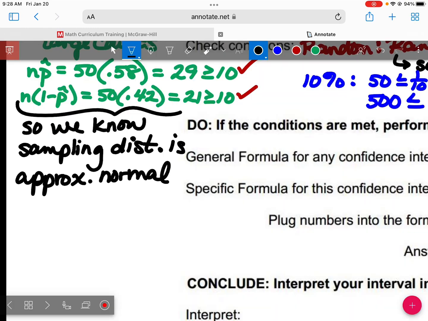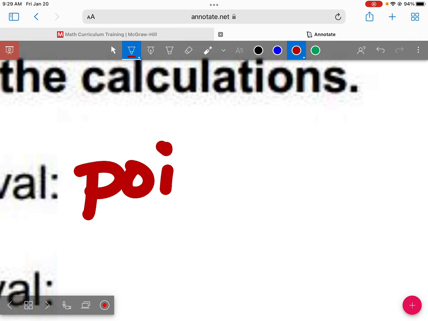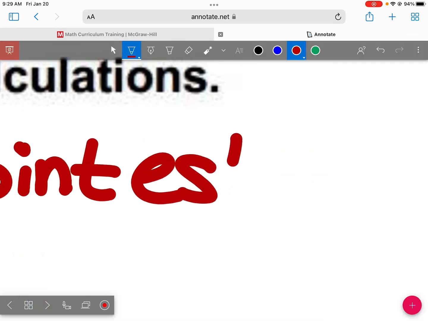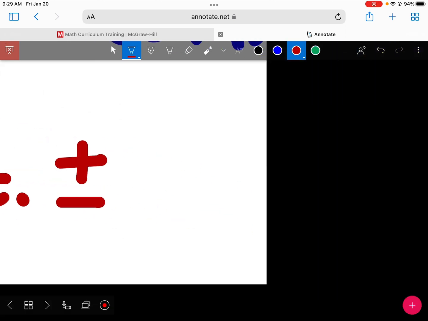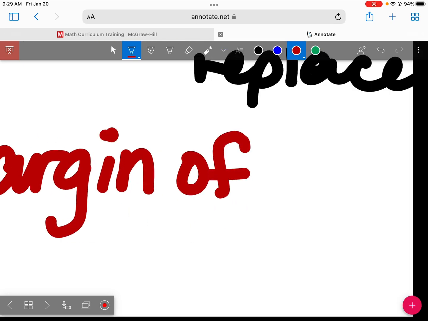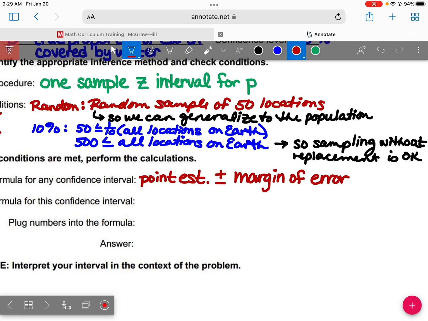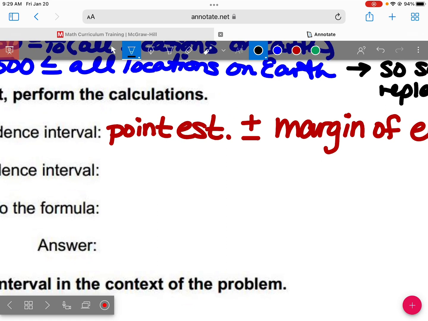The general formula for any confidence interval. What is my general formula? I'm looking for words here, not formulas. Yes. Point estimate plus or minus the margin of error. That is always how we're going to construct a confidence interval. Point estimate plus or minus the margin of error. Now, the specific formula for this test that we are doing with our numbers substituted in here, we're going to get to that. So the point estimate, since we're doing a proportion, is going to be P hat